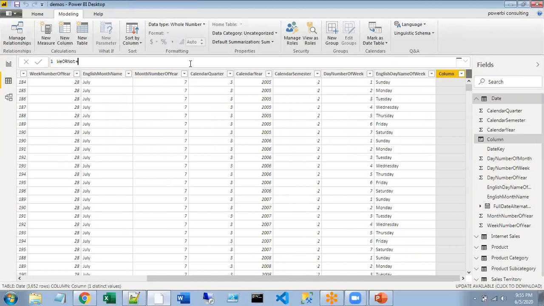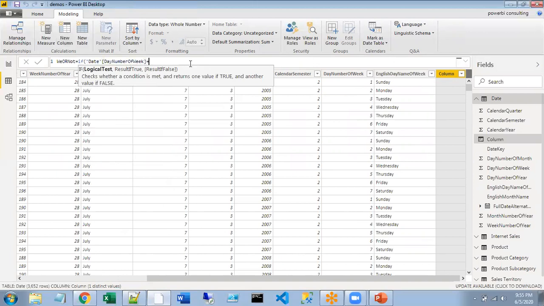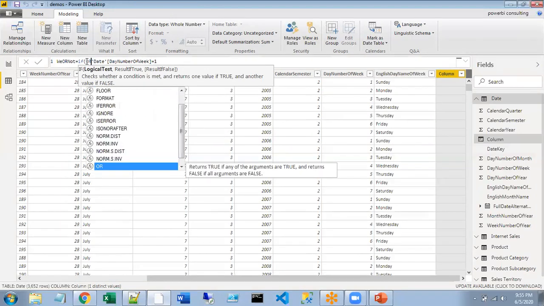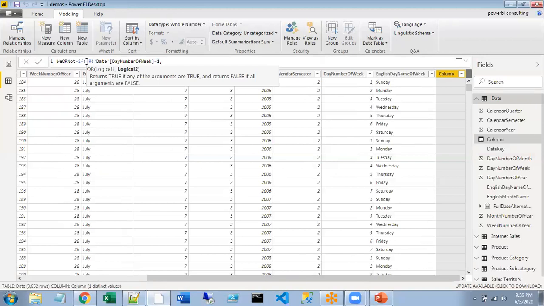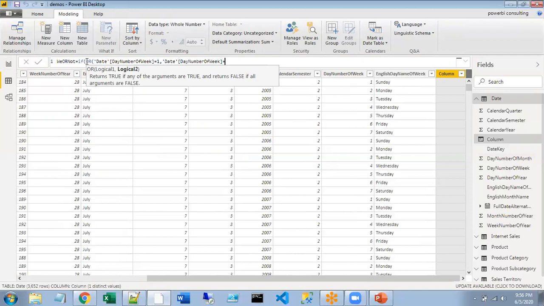The instruction from the user is: if it is a Saturday or Sunday, consider it a weekend, otherwise weekday.